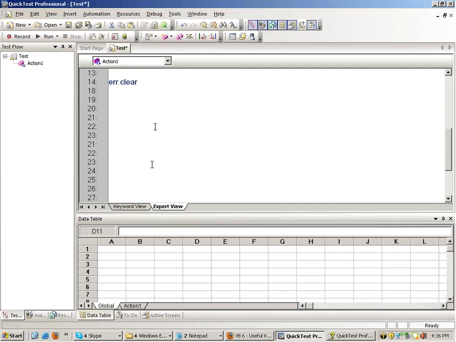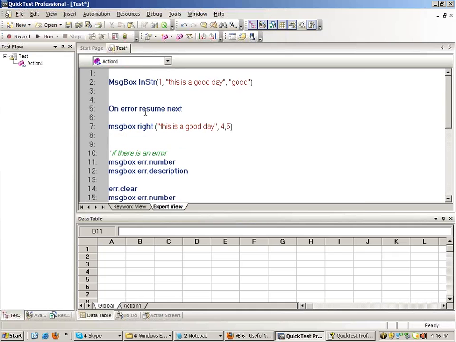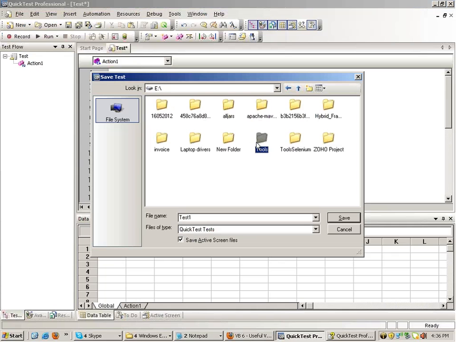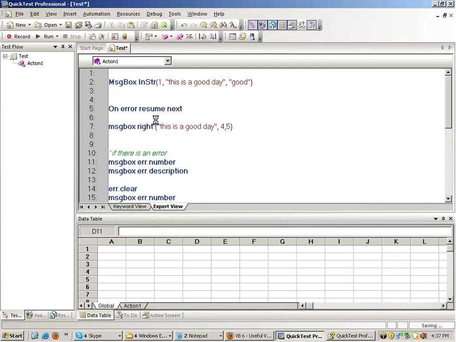Sometimes you have practical scenarios wherein you have two variables. Let me save this test and make a new test.